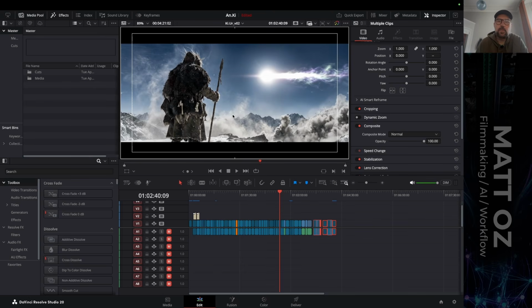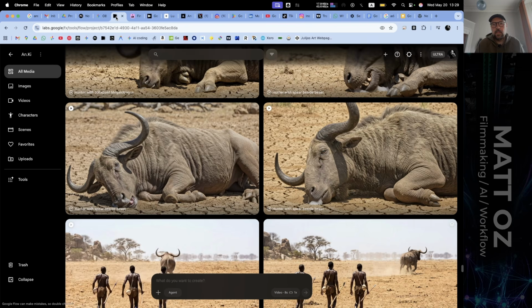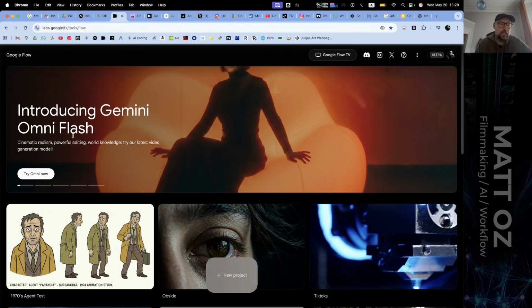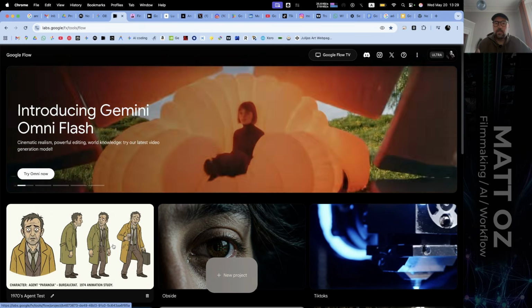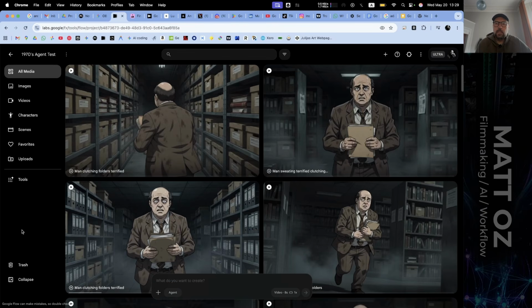Let's go to my Flow project space. So this is the project that I was just sort of showing you a moment ago, but I'm going to jump out of this and go to my little test. So I wouldn't call it a benchmark test. It's more of just a look at how the models behave with the new updates, if there's been any specific changes. Some of them were quite surprising as I was exploring.